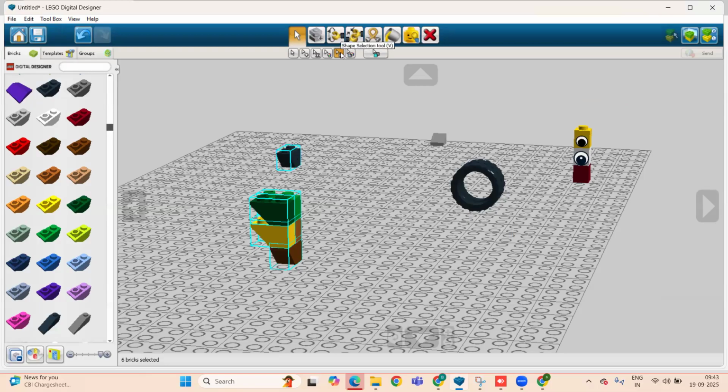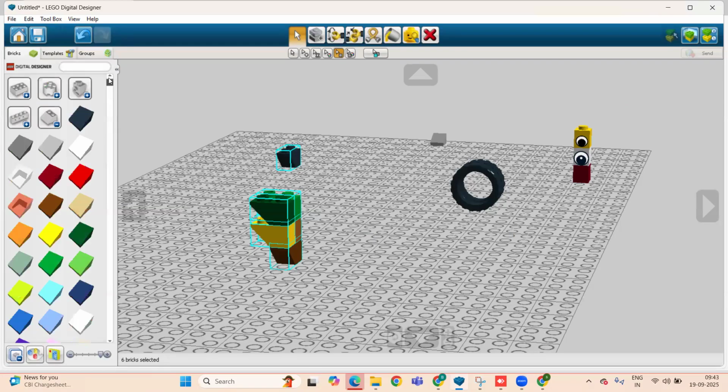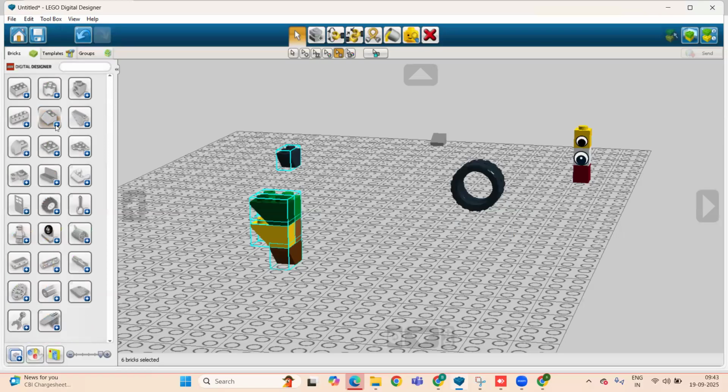So this is the role of the shape selection tool. For example, I'm taking one more brick, and it also doesn't matter what color they have. Only shape matters here.